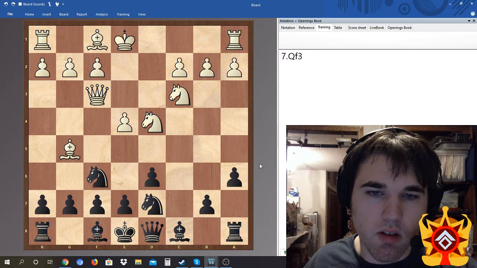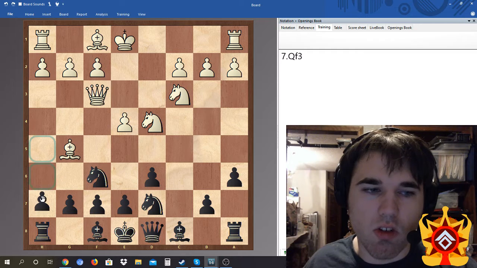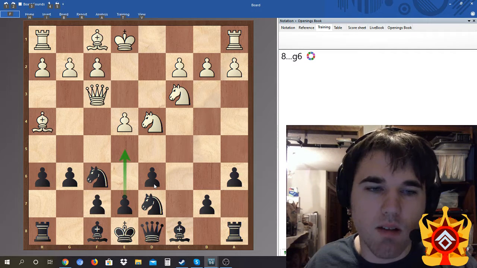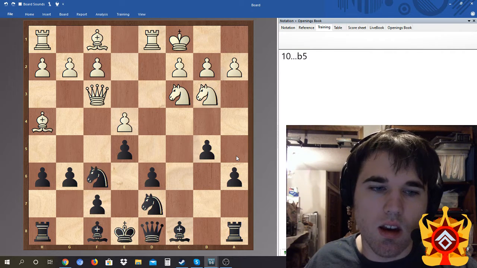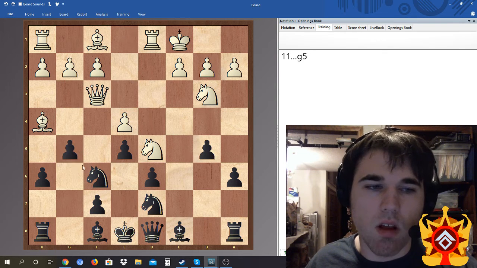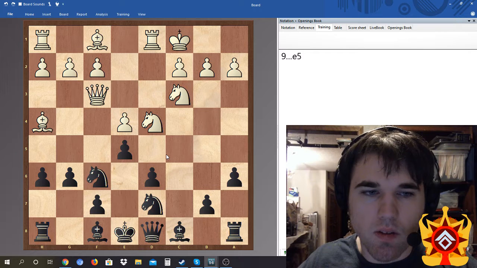In the book Najdorf by John and Josh Dawkins, they briefly mention h6, bishop h4, and g6 preparing e5, stopping knight f5, castle, e5, knight b3, b5. And according to Dawkins, black has no problems. After a move like knight d5, this is okay. Black can even play g5. But anyway, this would have been more in the spirit of how to play knight bd7 Najdorf than what